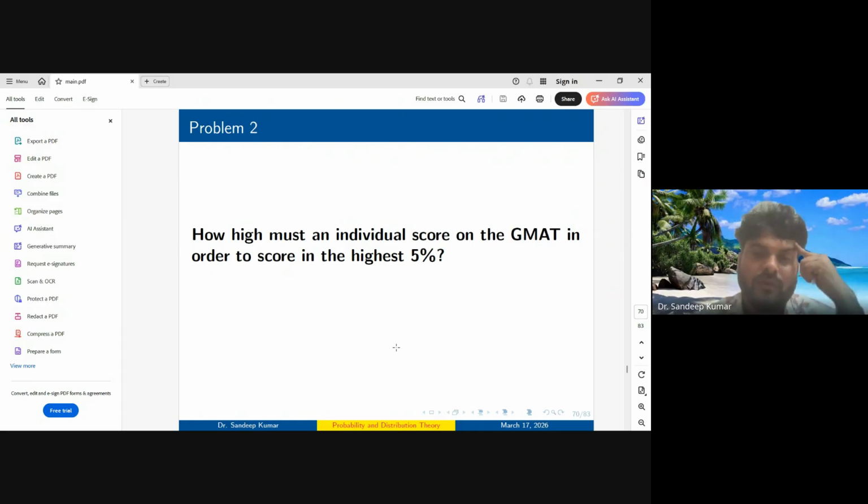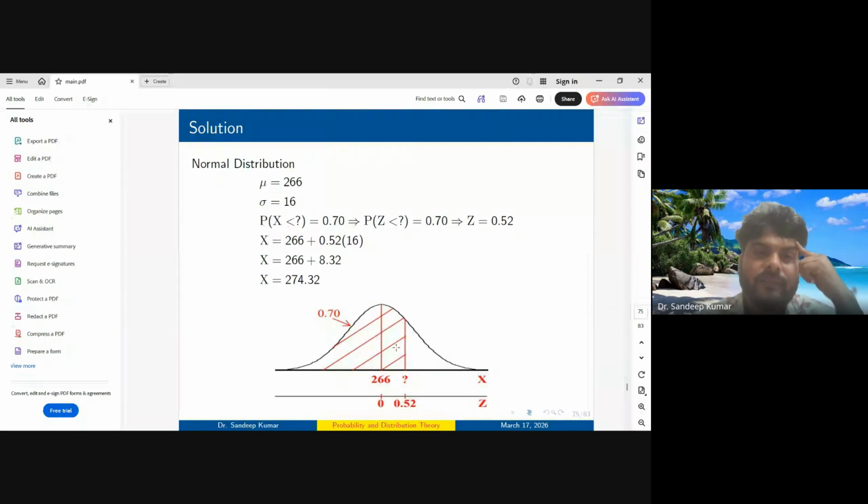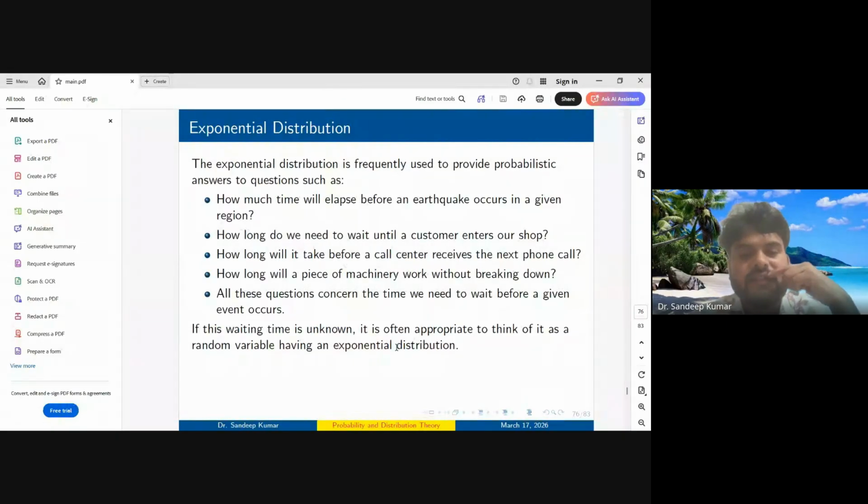Okay, and another problem. Here, exponential distribution. Exponential distribution is frequently used to provide probabilistic answers to questions such as these. You can easily use the exponential distribution. How much time will elapse before an earthquake occurs in a given region? How long do we need to wait until a customer enters our shop? How long will it take before a call center receives the next phone call? How long will a piece of machinery work without breaking down? All these questions concern the time